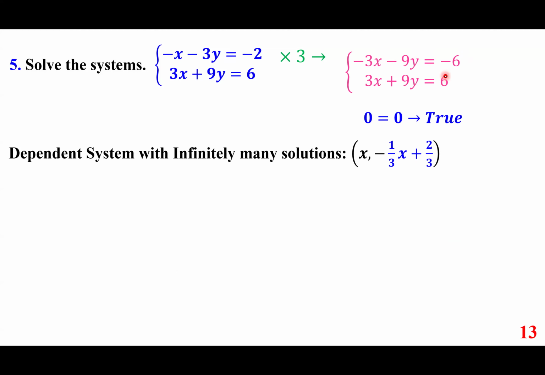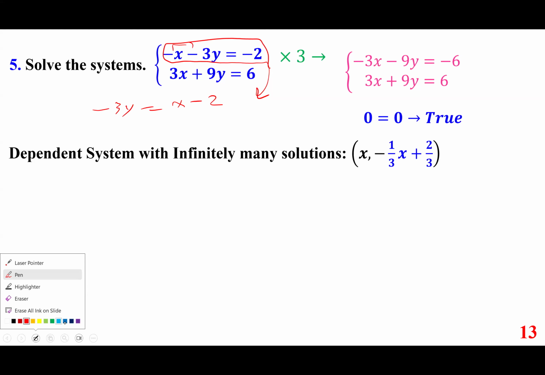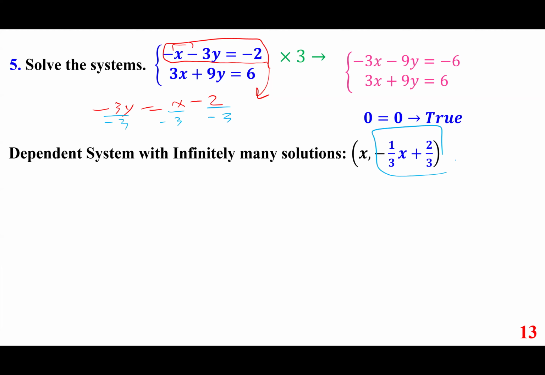When you want to write a dependent system class, normally you write x, and for example, in this one, if you solve for y, that means negative 3y is move the x minus 2, then divide this one by negative 3, this one by negative 3, this one by negative 3, and you get this one. So I hope everybody's clear on that, okay? And so there you have it. When we have a dependent system with infinitely many solutions, normally we use one of the variables and the other one is